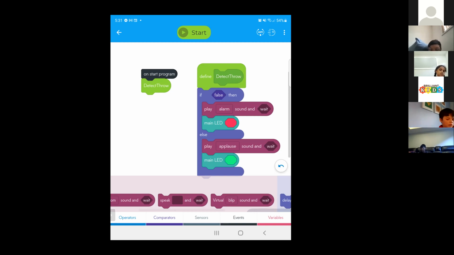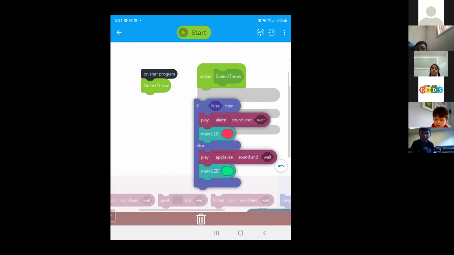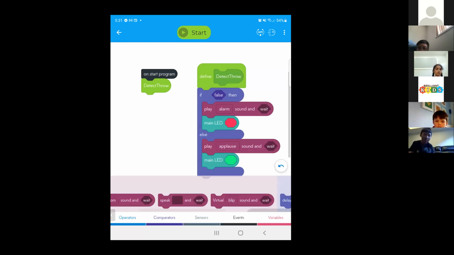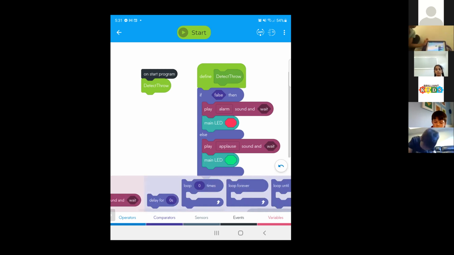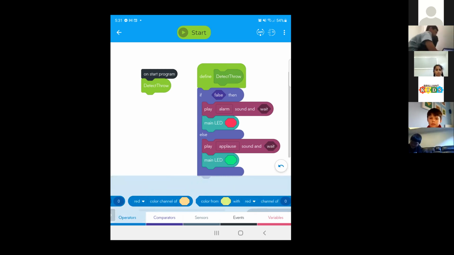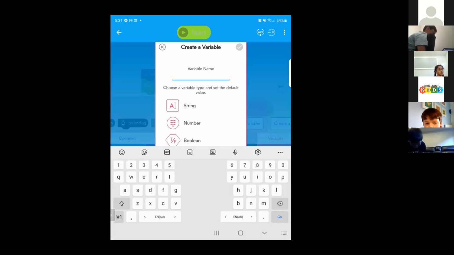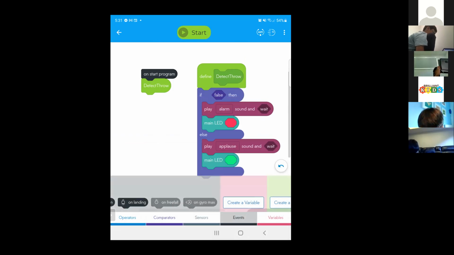You should start a program like this. Yeah, I started the program, but it doesn't do this. You have to make sure all the statements are connected together. Yeah, they are. Okay. And on start program, there is detect throw. Or you put detect throw. Yeah, on the start program. Have you defined a detect throw function? Yeah, I did. You did a function like what they have? Can you